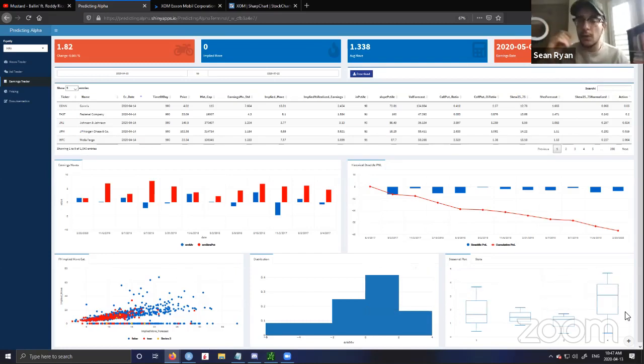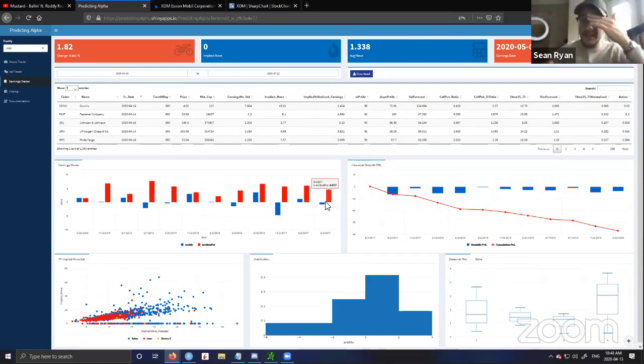One, within our tool, we have a scanner. Based on a number of different variables, we can look at things that have high implied volatility, things that are highly liquid, things that have high implied versus realized, or high realized versus implied. There's a million different ways that we can sort all 1,400 equities that we look at. We look at the 1,400 most liquid equities. So we can sort them to find opportunities, which is what we're doing in the earnings scanner here. We're sorting them based on earnings date, so we can look at what companies have earnings today. That's one example of how we scan for opportunities.